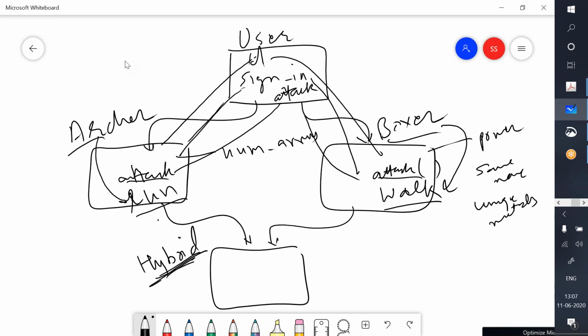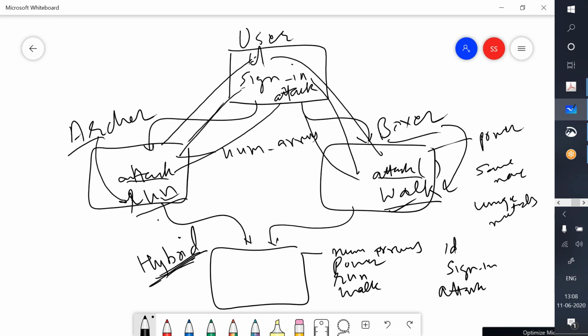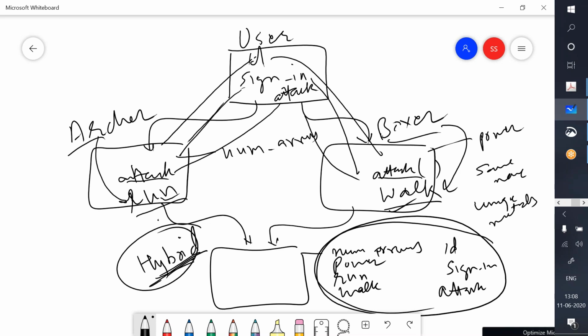Now our hybrid user, what we intend to do is let this hybrid user have access to the number of arrows variable, the power variable, the run function, and the walk function also. Obviously we would be needing ID, sign in, and attack. So we want this object to inherit all the characteristics possessed by all these classes.